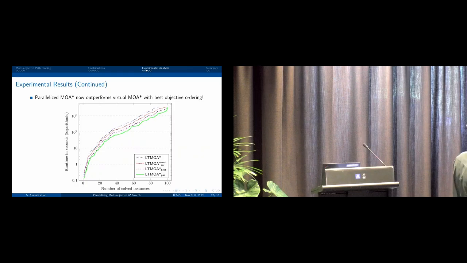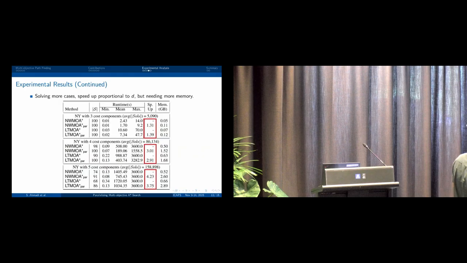So you wanted to catch this purple curve. But with this upper bound technique, now we managed to get even better, some factors better than what the best variant, the virtual best variant, could give us, right? So this is great. In terms of detailed results, we solved more cases, we have better runtime, but